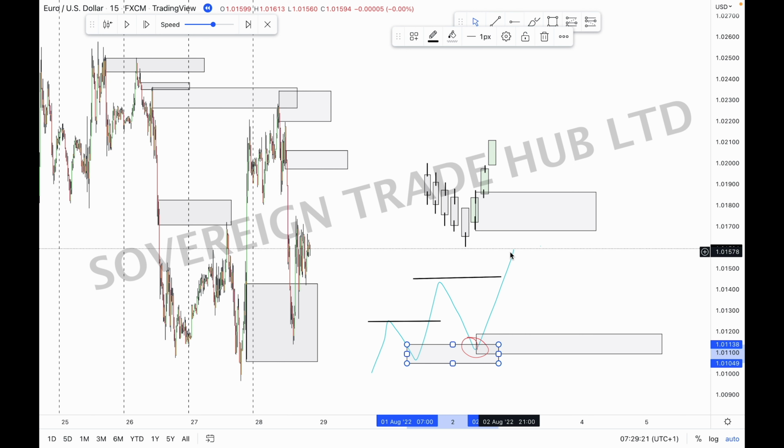Now, when price took out this high, which gave us a break of structure here, we are waiting for a retracement into this block or this zone that was further extended into the future. And since price has not stepped into this zone, what we have here now is an unmitigated zone, meaning that price action has not stepped into it.